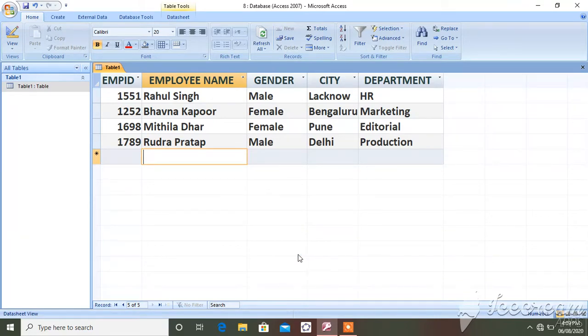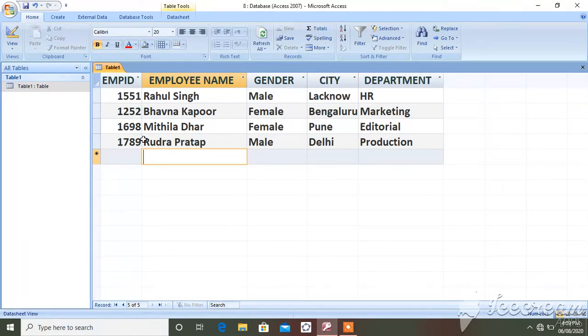In the previous period we learned how to make the table. Okay, the table will look like this. A table is a basic building block of a database. In a table, data is stored and organized in the form of rows and columns. See here, these are the 4 rows, 1, 2, 3, 4, and these are the 5 columns, 1, 2, 3, 4 and 5.